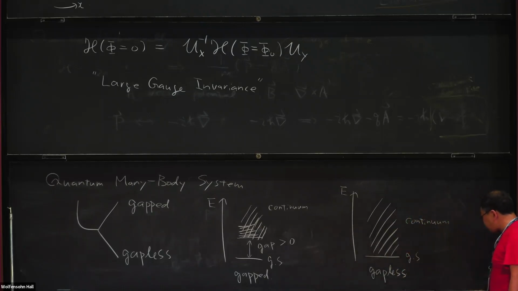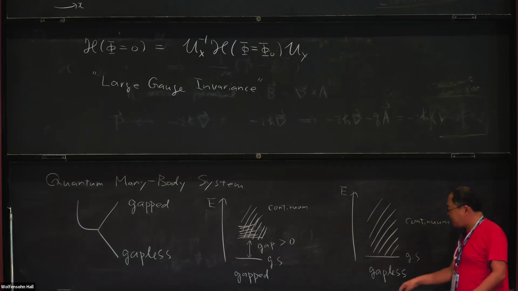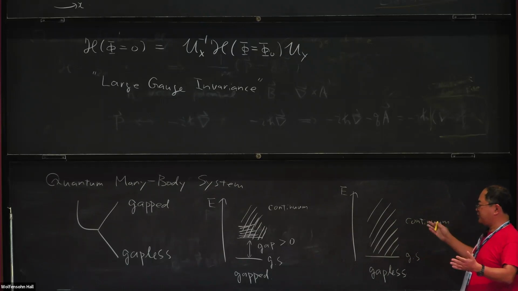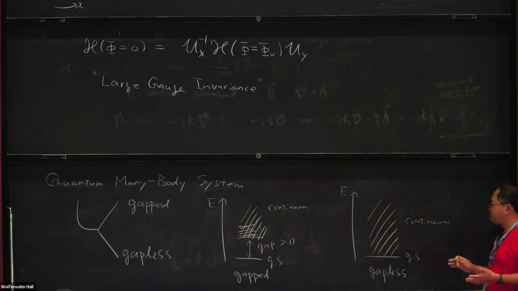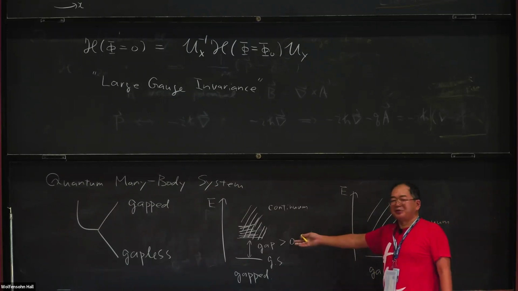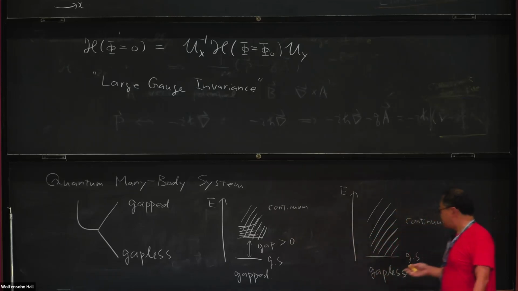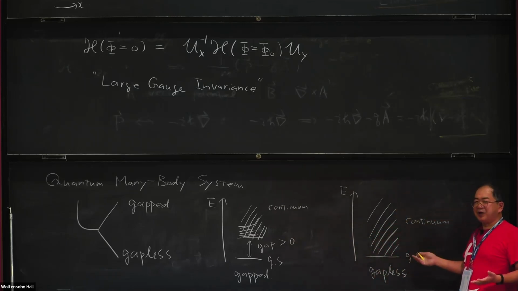And very roughly speaking, for example, if you have an insulator, maybe I will discuss later, but the conduction property of the system is not quite identical to this energy spectrum. So the relation is rather complicated or non-trivial. But at least very roughly speaking, the gapped phase corresponds to an insulator, and conducting